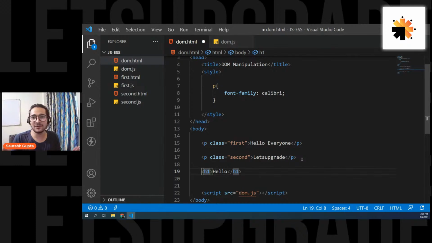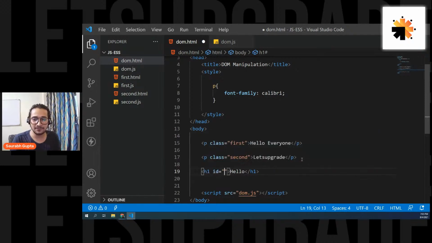Right now, I'm not explaining what an ID and a class are because I'm assuming that you know what ID and class are. If you're learning JavaScript, you should at least know HTML and CSS. And if you don't know, you can go and watch the HTML Essentials session, in which I have explained what an ID and a class are in the perfect way. So you can watch it.